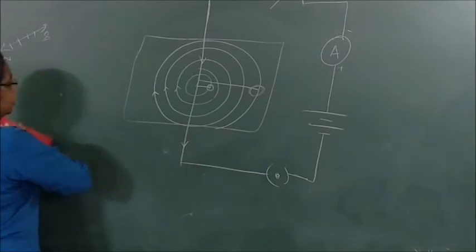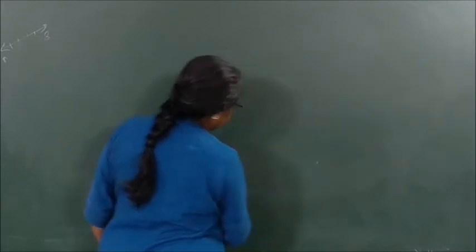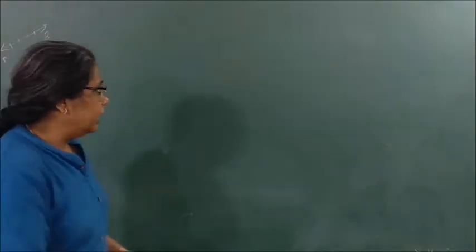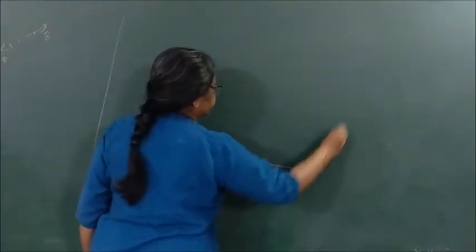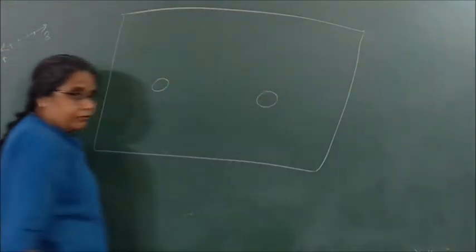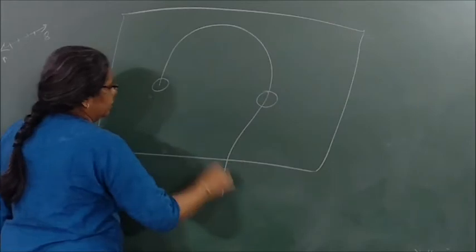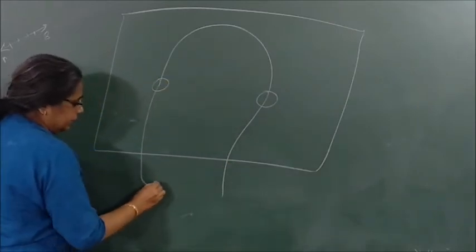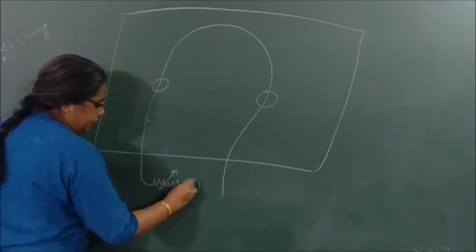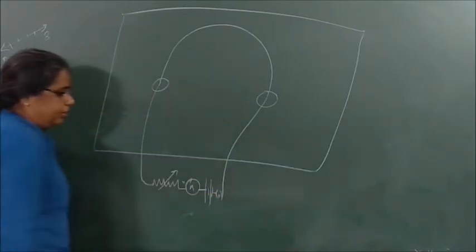Now the next stage, what we studied? Magnetic field due to a circular coil carrying current. Okay, so magnetic field due to a circular coil carrying current, what we did? We again took a cardboard and then made what? 2 holes in it. Fine? And then we bent the wire and passed the wire through it, which is then coming out and it is connected to what? A rheostat. If you want, you can add an ammeter. I have left very little space, and then a plug key and a cell or a battery.